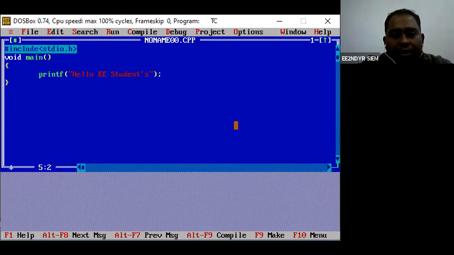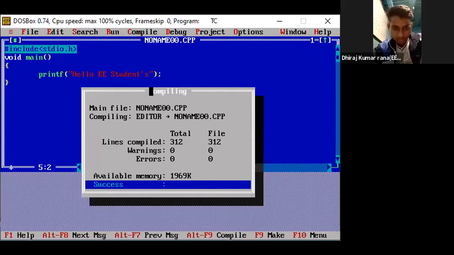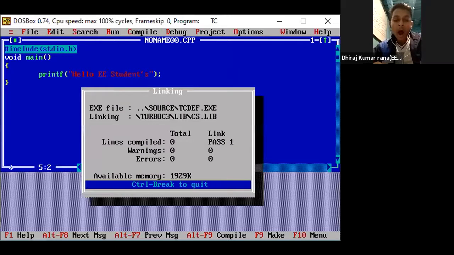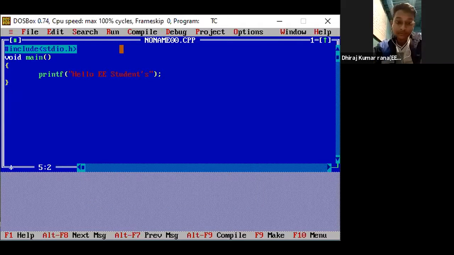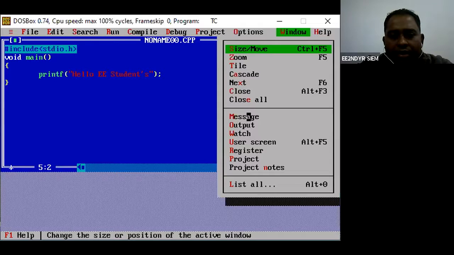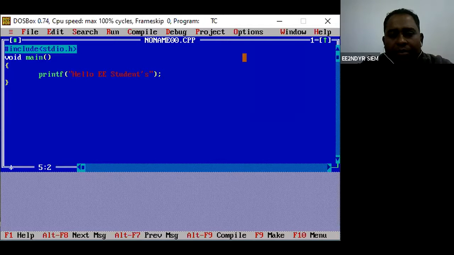So what happened is I have compiled it. Every time before running the program, you just compile it, and next you run it. See, again the same problem happens here: you are unable to see the output. Now here you can see that I have run this program two times, so there are two outputs. Now what change can I make here is, every time I won't be clicking on this window and then seeing the output.